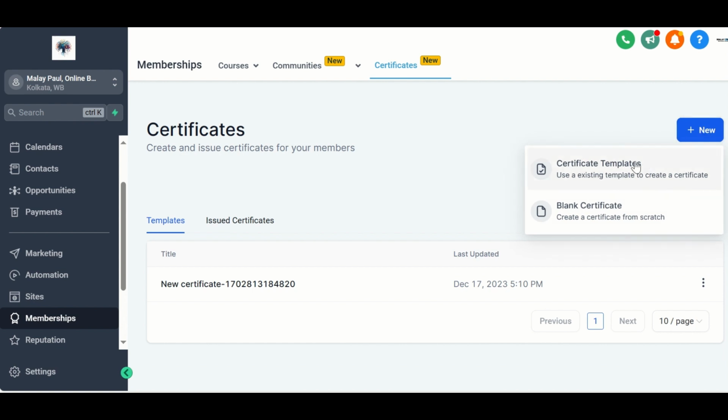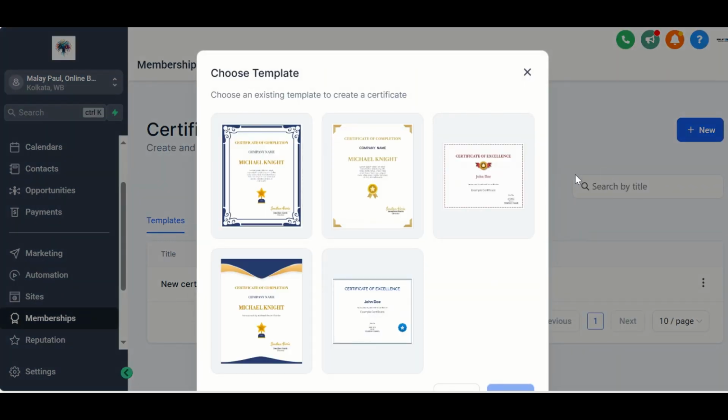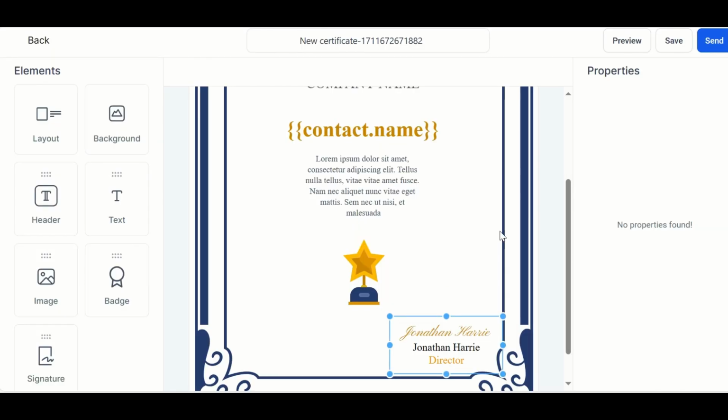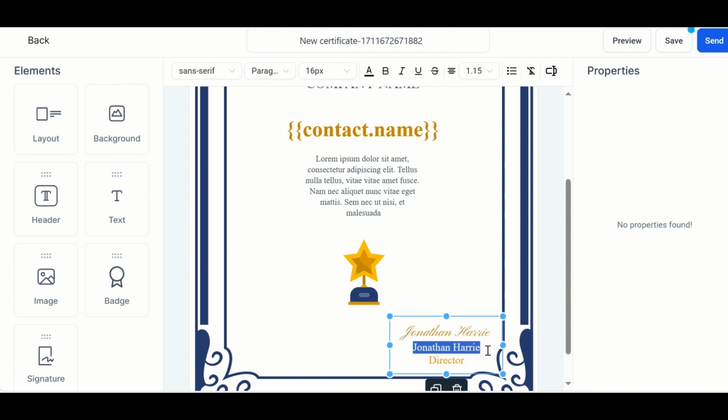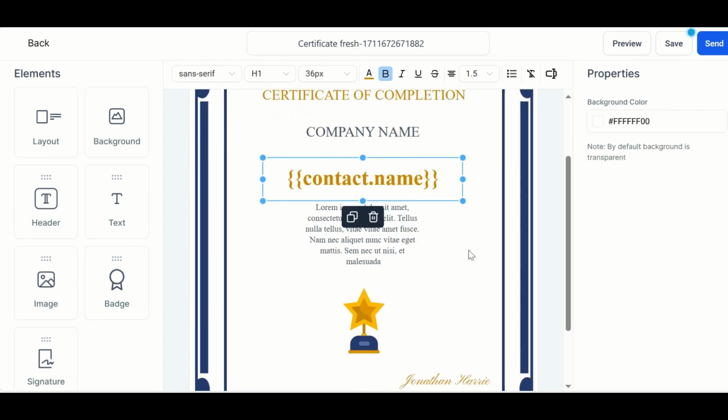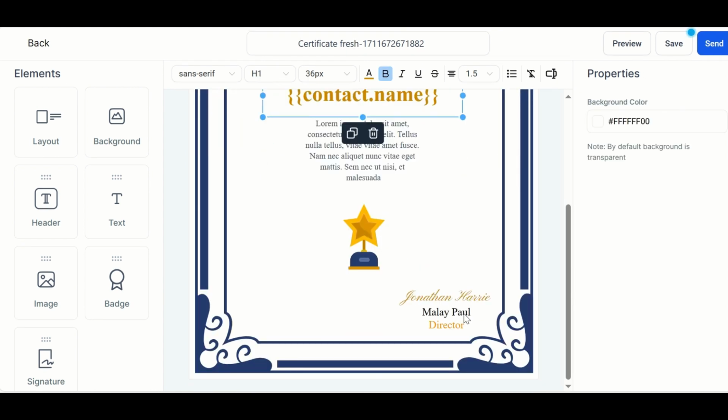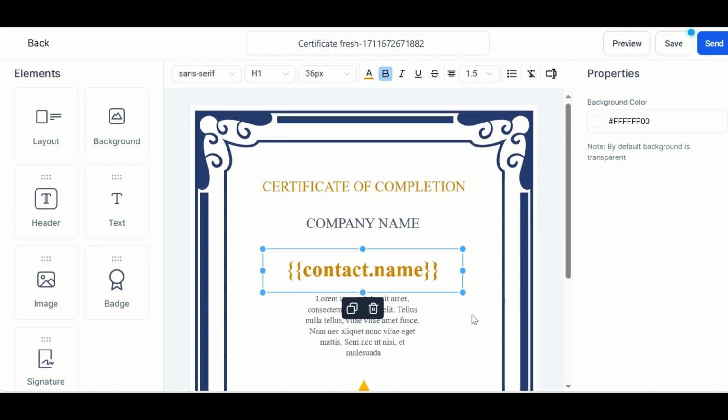When you get your new certificates from the certificate templates, you can choose any one of the certificates. Then you can edit it as per your requirements. Suppose you change the name. After changing your name or whatever details you want to change in the certificate format, you save it and send it to your